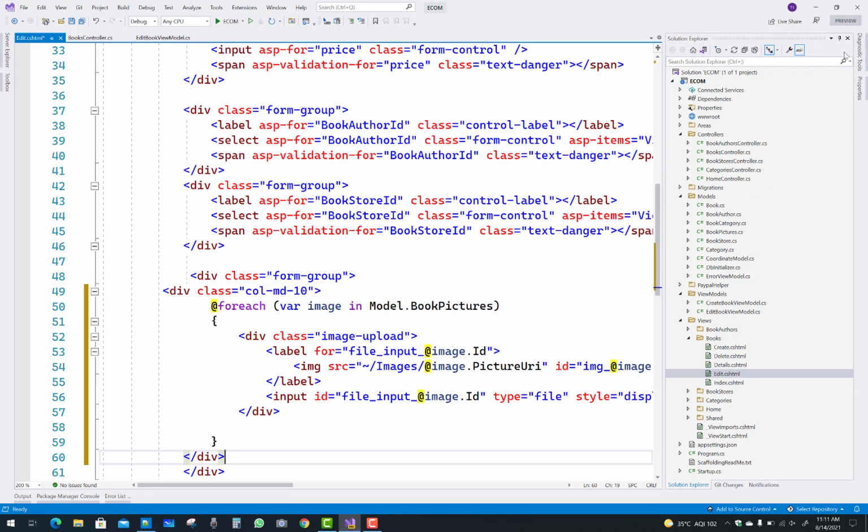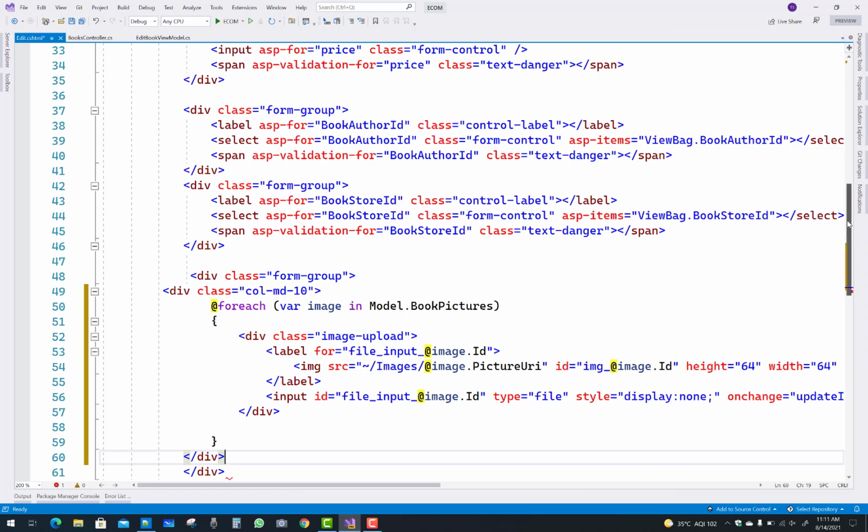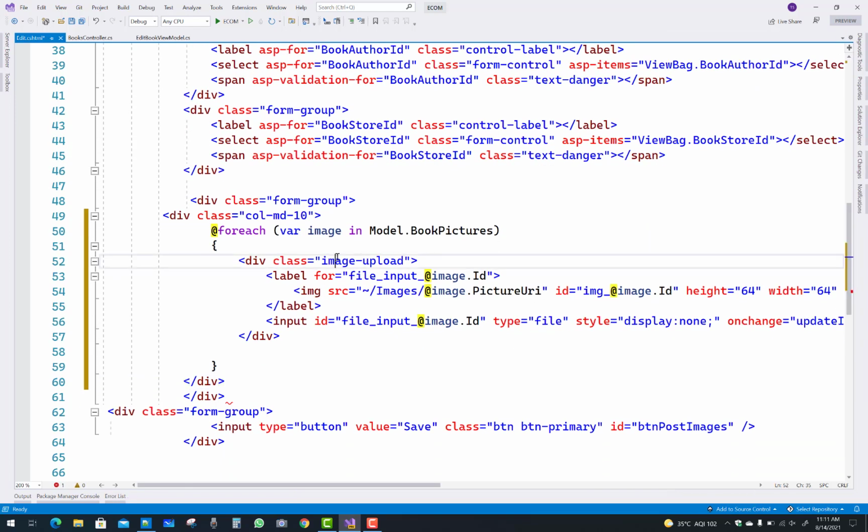You know that here we have model dot book pictures, that is the tab. So change this model dot, instead of book pictures you have the Pictures property only.